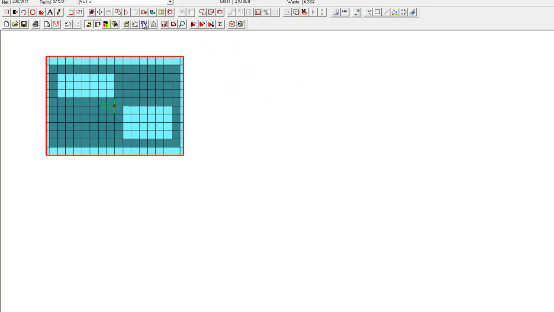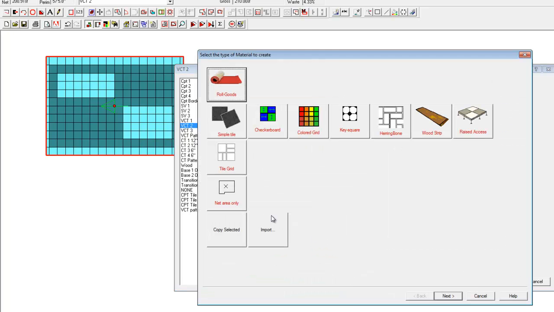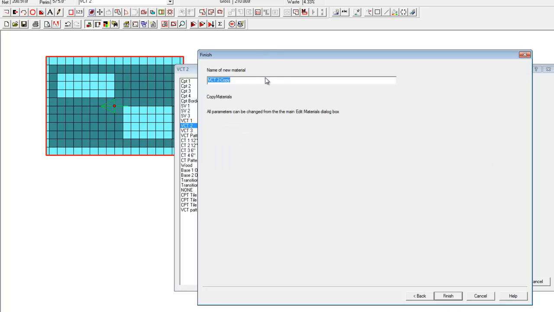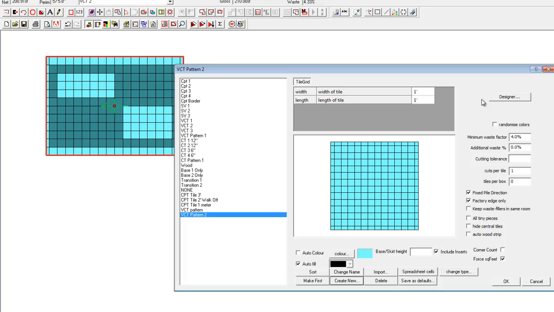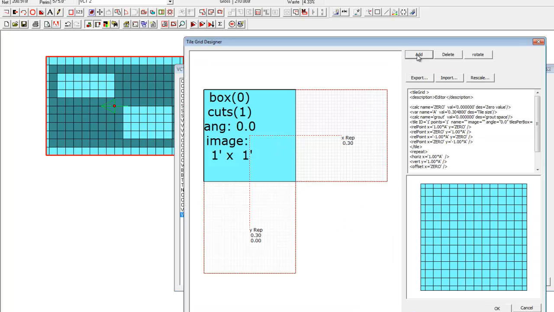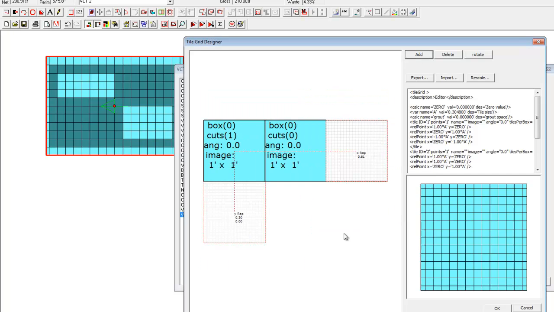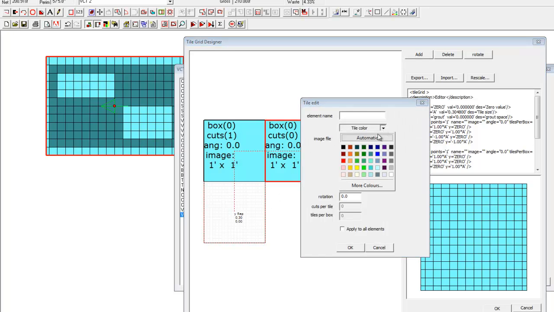Now let's take a quick look at the material editor. If we wanted to create a new material, we could simply copy the selected material, probably rename it. Go to the designer, and we can add what we call elements in this designer box. We can change the colors of those tile or elements,